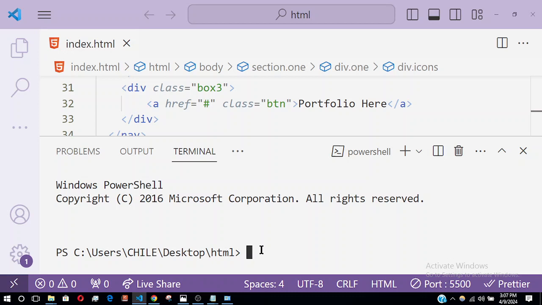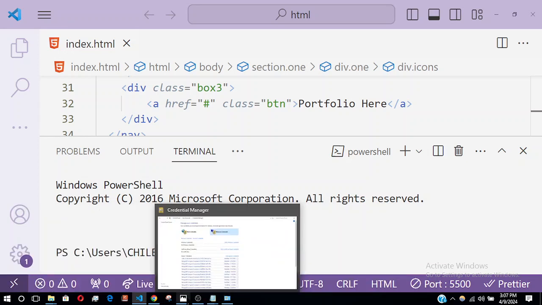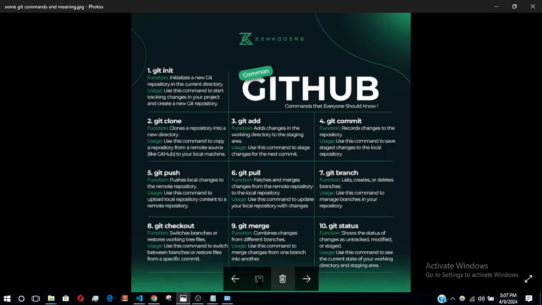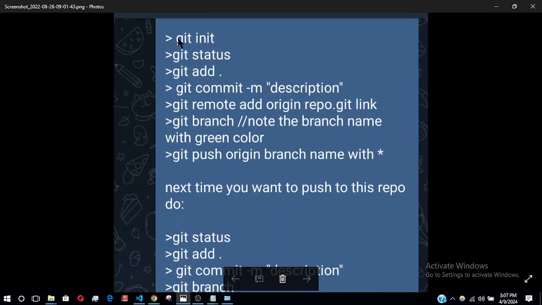So just as a quick recap, let me show you another image that contains some of the commands that will be needed. If I zoom this a little, we'll start with what? Git init, then git status, git add, git commit -m, then the description, then git remote add origin, then the link that we just copied now,